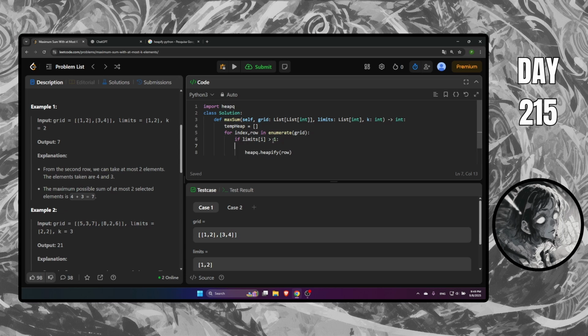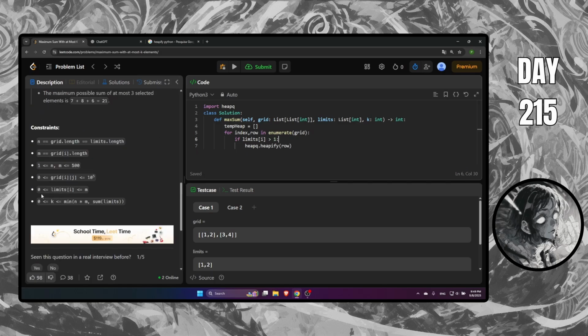We're just going to do this if the limit is bigger than 0, because it can be 0. If it's 0, we don't even heapify, we don't even iterate. So here what we can do is like,